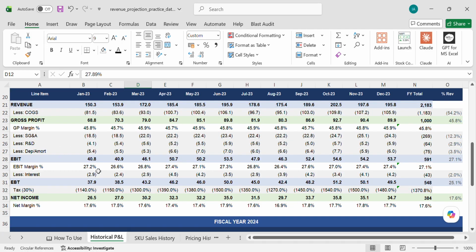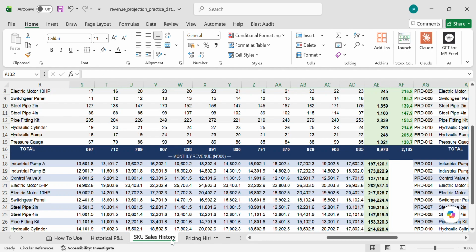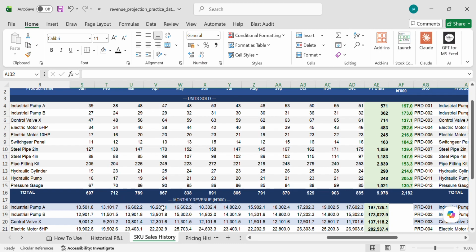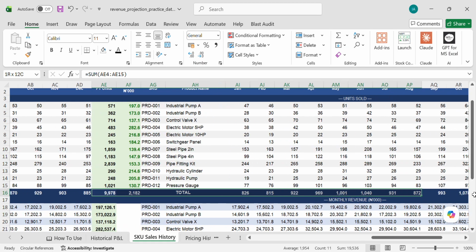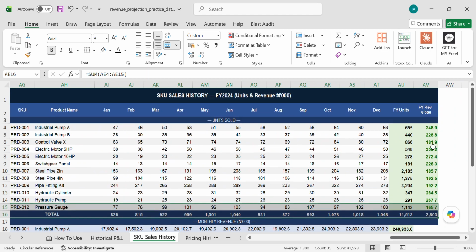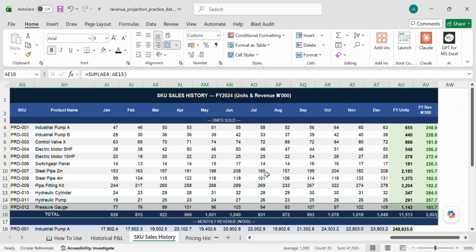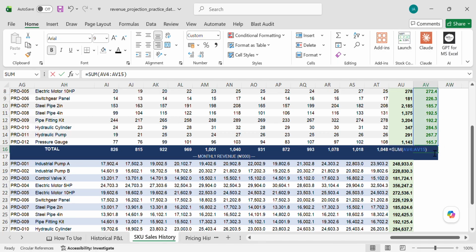Right, so let's see. I think okay, yes. So here's our volume. You can actually get it from here. Let's see how it has been like for the business. So this is month on month or year on year. This is the total. You can even come here and say, so this is the total for the